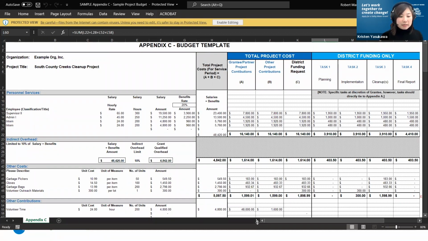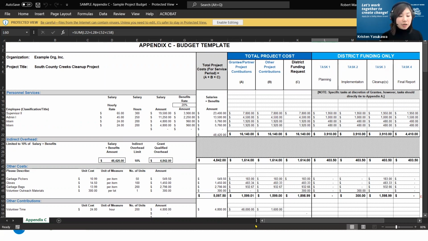In the other costs section, that's going to be all your direct costs. So all of your supplies, anything like that. And we try to ask for it to be as detailed as possible. Again, if you have a subcontractor for something or have another partner that's going to be donating or paying for things, you can put those line items in the other costs.